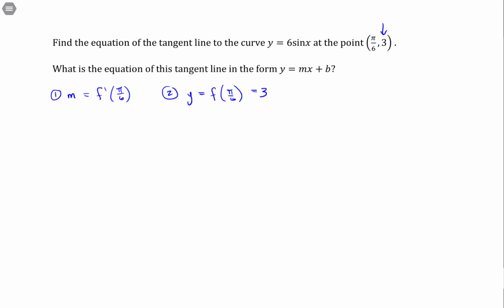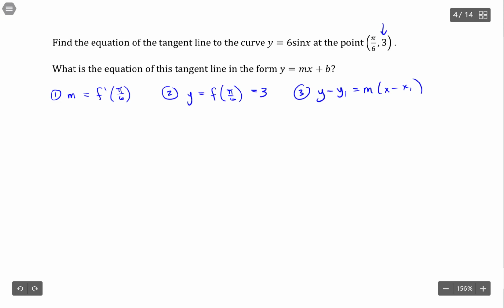And the last step is to plug into y minus y1 equals m times x minus x1 in order to create the equation of a line. So we need a slope at point x and y, so we can plug into this equation. So let's work on the slope then. So the derivative here, so y prime,